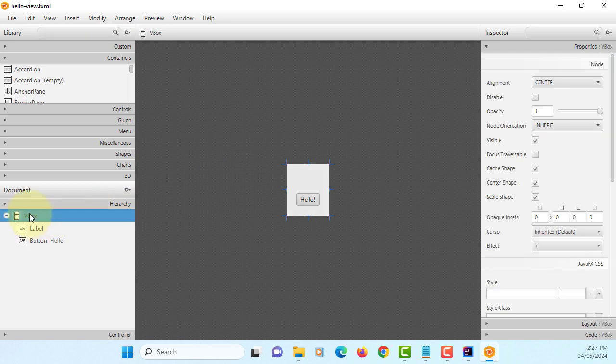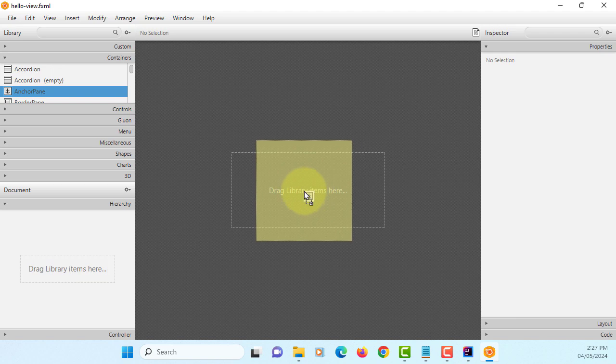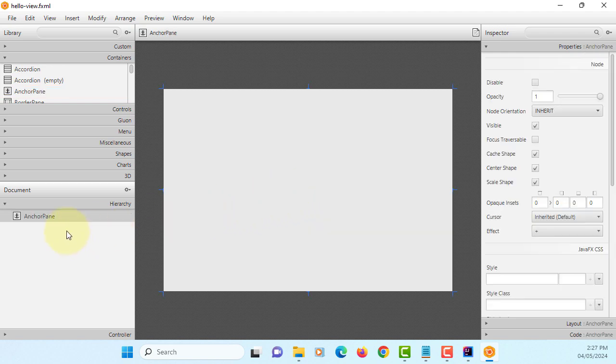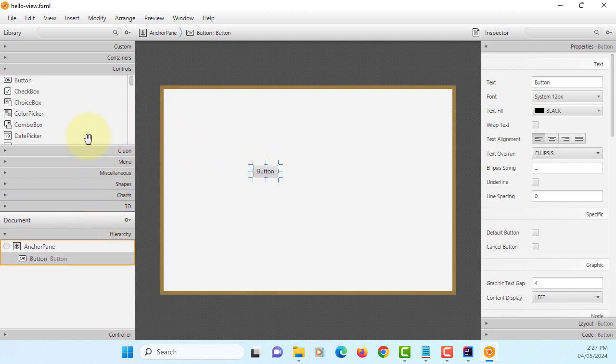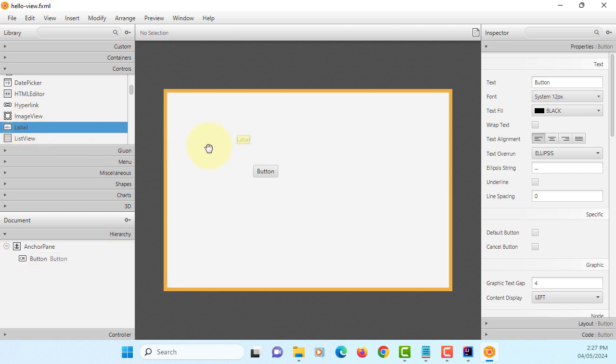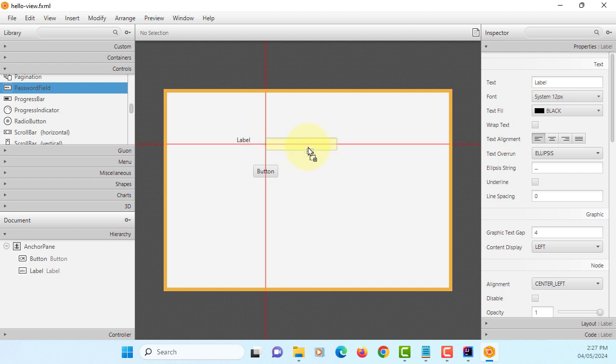Let's remove VBox. Then I will use AnchorPane. In this simple example, I'm going to use one button, then one label, one password field,